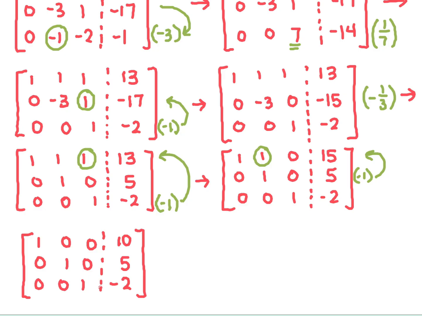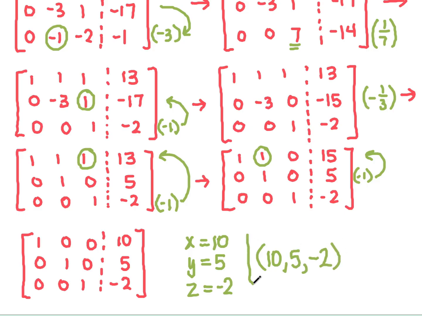Now remember that top is the coefficient of the x. Here we've got a coefficient of a y, and here we've got a coefficient of a z, right? So what that translates to is that my x is equal to 10, my y is equal to 5, and my z is equal to -2, or as an ordered triple,